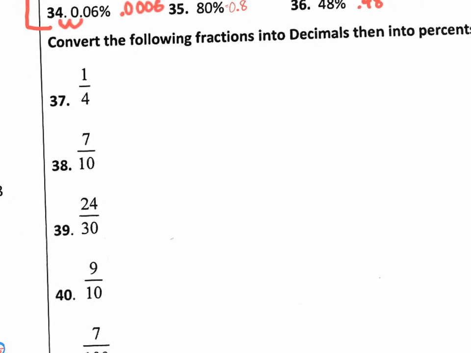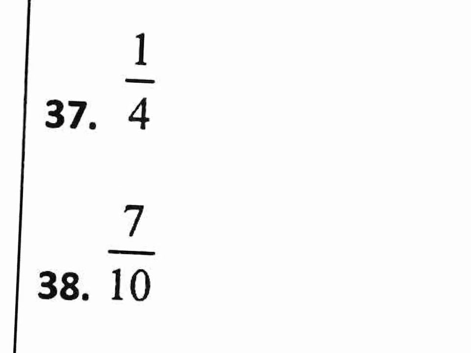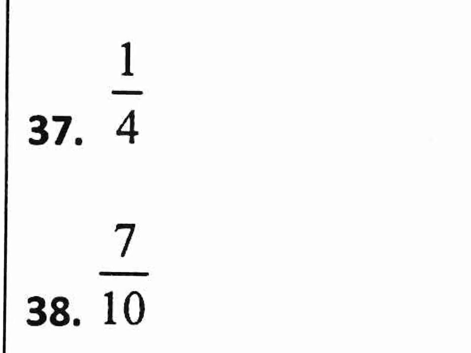Let's move on to this last portion where we're converting the fraction to a decimal and then to a percent. Now, some of us are able to visualize what 1/4 looks like, and we see that that's actually 25% of a pizza or 25% of a gas tank. But another way of doing it from a fraction to a decimal is to actually divide, right? You put the top number inside the division box,